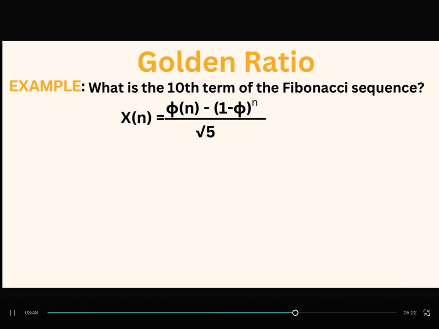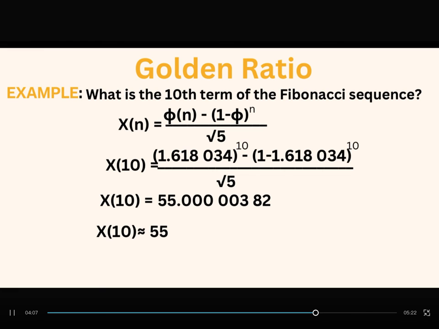Next but not the least, the golden ratio. Example: what is the 10th term of the Fibonacci sequence? The formula we are going to use is x sub n equals golden ratio to the n minus the negative golden ratio to the n, over root 5. Since we are using the golden ratio, we are going to put